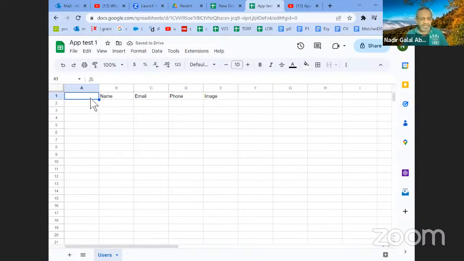The first column, I'm gonna add user ID: user number 1, number 2, number 3, and then the name number 1, name number 2, name number 3, and so forth. And the emails and the image will be added somewhere here. So this is a basic table of